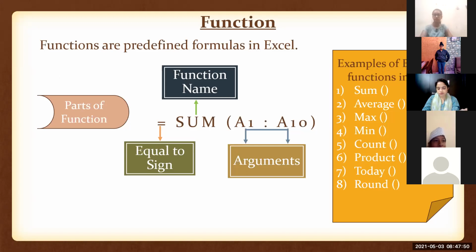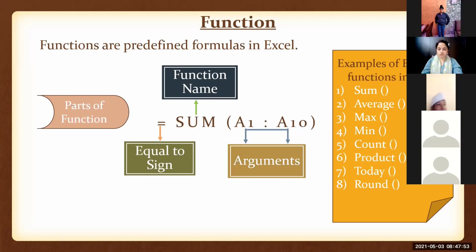Then there is a ROUND function. The ROUND function is used to round the numbers. In points, for example, is equal to ROUND 45.89, 1. The 1 means up to how many digits we have to round. We had used this function practically. So how many digits to round to will be defined by putting a comma, 1. So it will round off the values up to 1 digit, up to 1 decimal point.